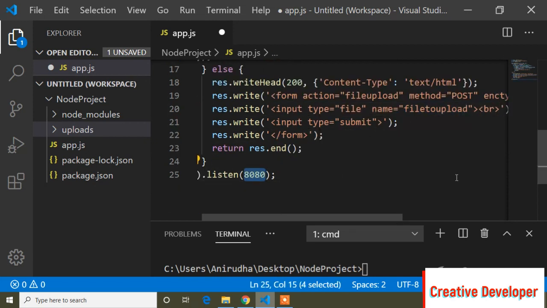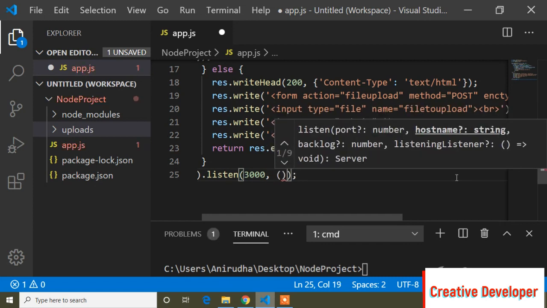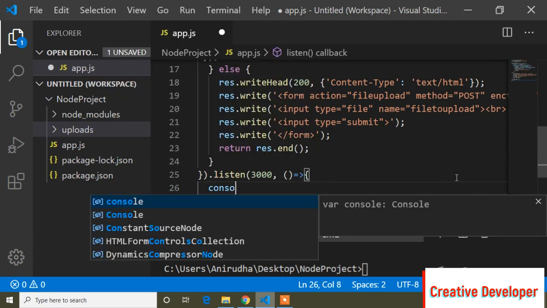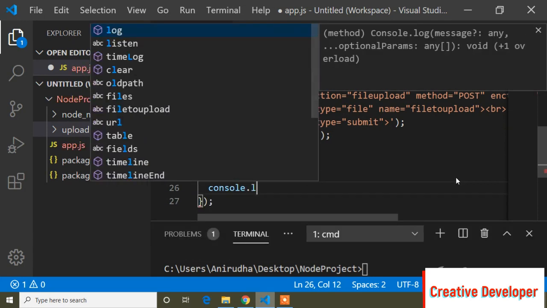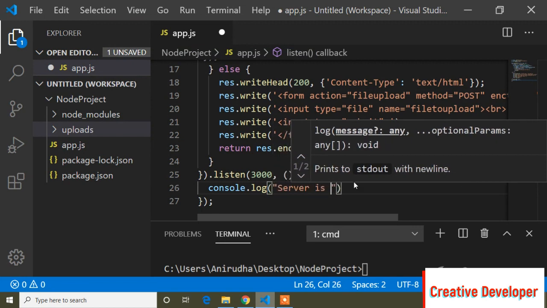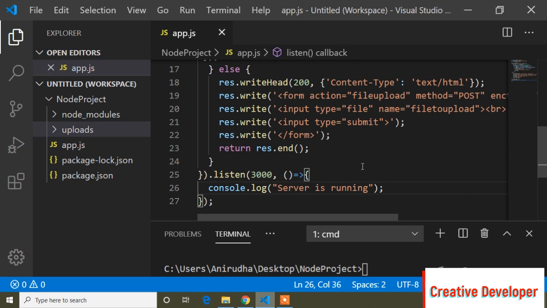So I will set the port number to 3000, then a comma and parenthesis arrow function. Here I will pass a message, console.log, and the message is server is running, and a semicolon.